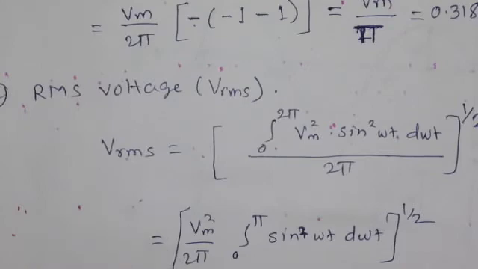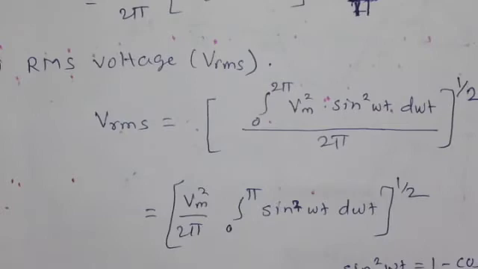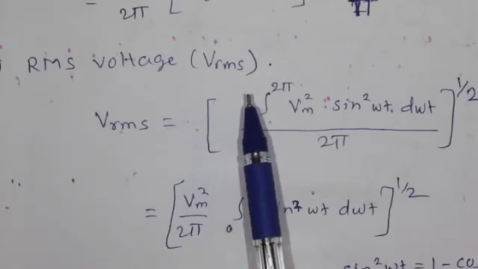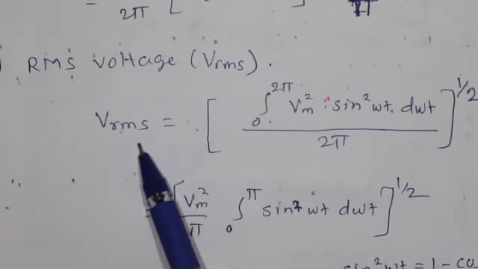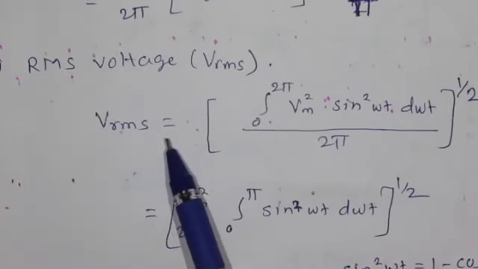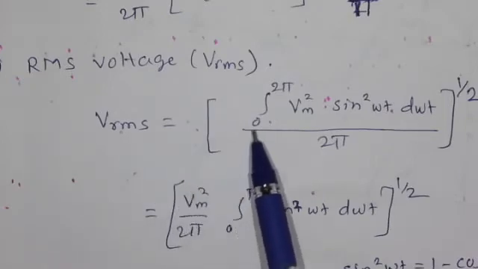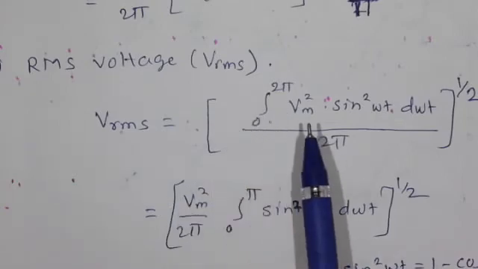Now, if we directly calculate the average for an AC signal, it gives a 0 value, and therefore AC signals are generally represented in terms of RMS quantity. What is meant by RMS? RMS is nothing but root mean square. Now we have to see all these terms: VRMS, the input RMS quantity applied to the diode, is given by the square bracket of the integration from 0 to 2 pi, because we have to get the area under the curve.